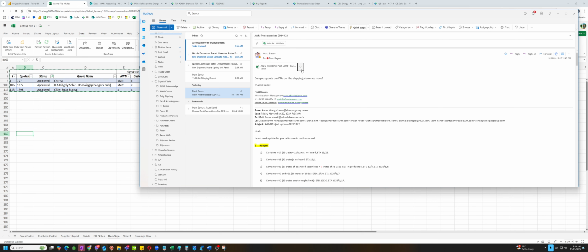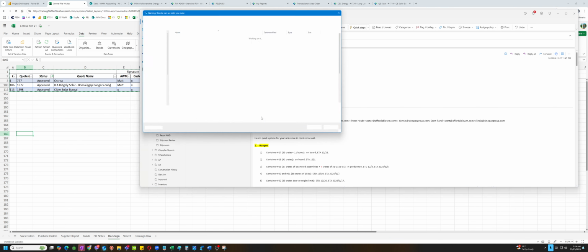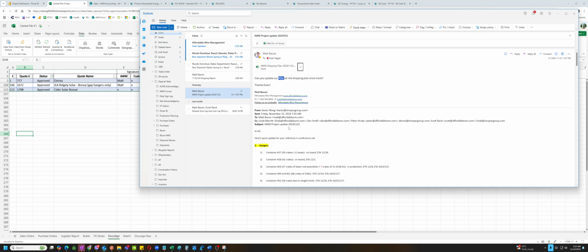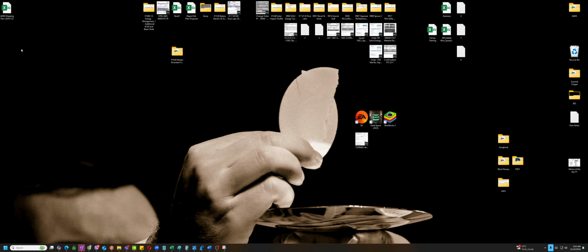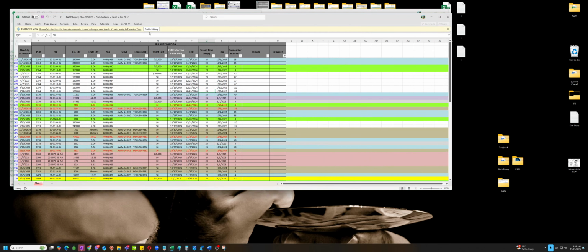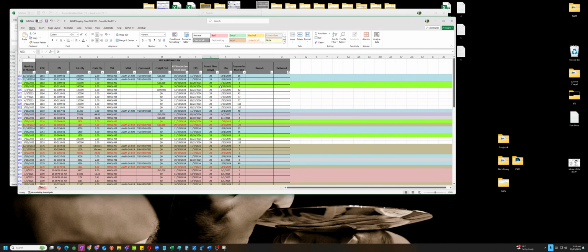Sige po. This is just a clerical task. So, can you update the POs in Striven per the shipping plan of Karen? So, this is a moving target with Karen, but Karen always gives the due diligence of always informing us if there's any changes in the shipping dates or estimated time of arrival dates.